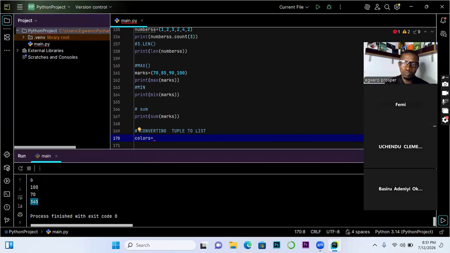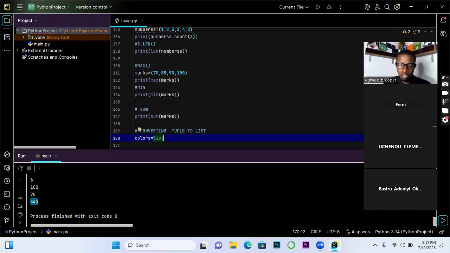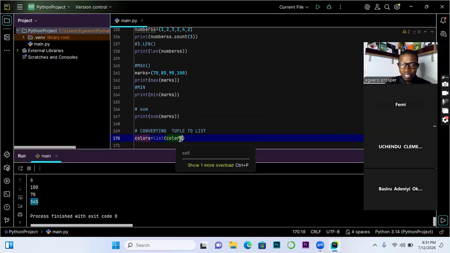Tuple, and that will allow you to make changes. The way that is going to be done is that we are going to use the list function, like this. Now inside it, we pass in the colors again. You can see the name here is the same name that you have here, which means that once we convert it, it should be saved as the previous name. So if I run it and I do not get any error, it means it is converted.